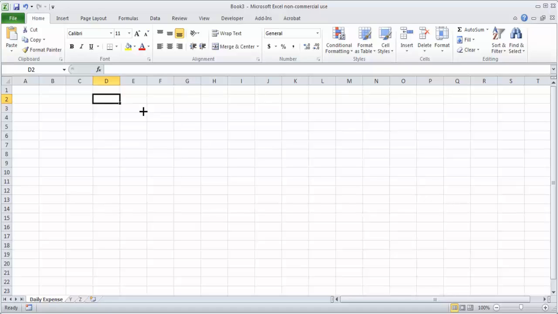Now suppose you want to move to a cell which is, let's say, D50. How you can do it fast is by pressing Page Down. So you press Page Down, you have moved to D25, D48. So pressing Page Down will shift the pages, whereas pressing Page Up will bring you to the upper page. So if you press Page Up, you will come up.